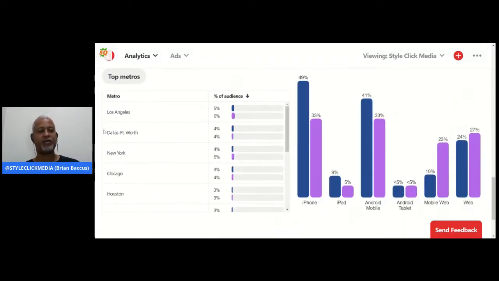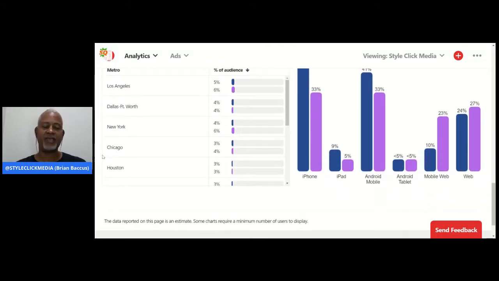Now, if we come down here, this is the key right here. This is the creme de la creme of marketing. Is knowing your audience and where they are. So, for instance, I have 2.2 million monthly followers. 5% of them are in Los Angeles.